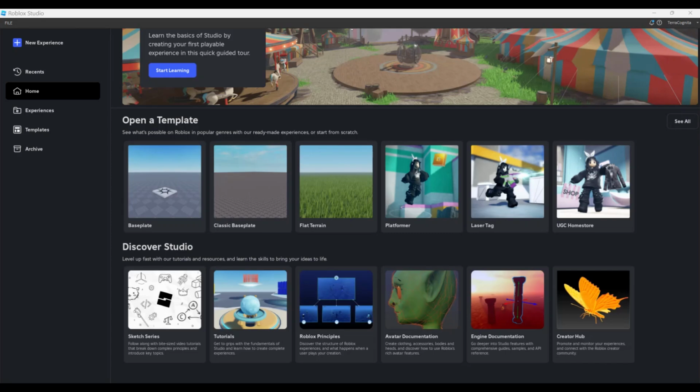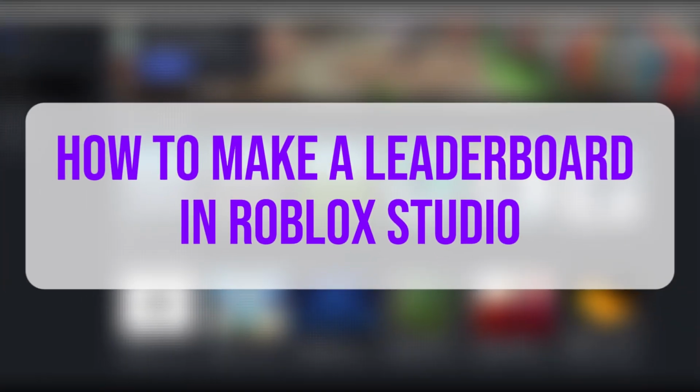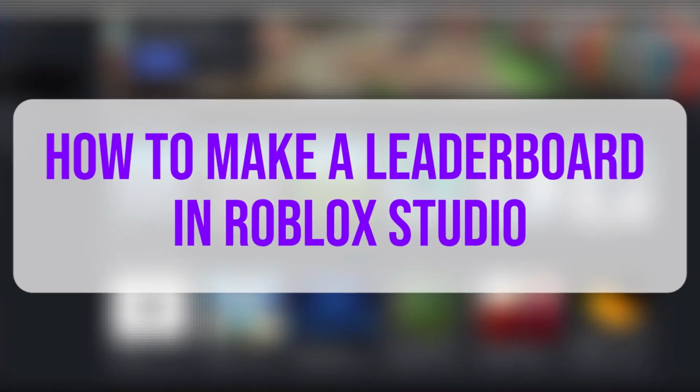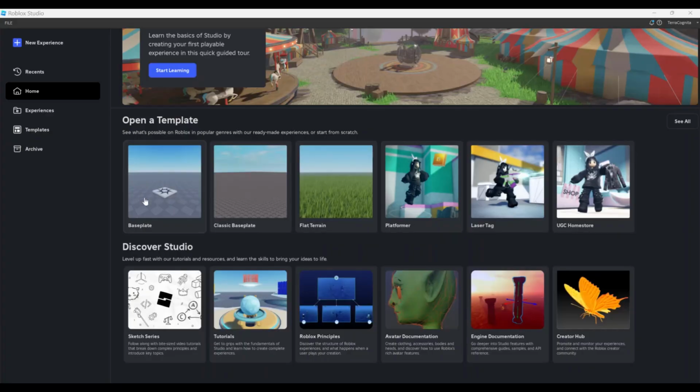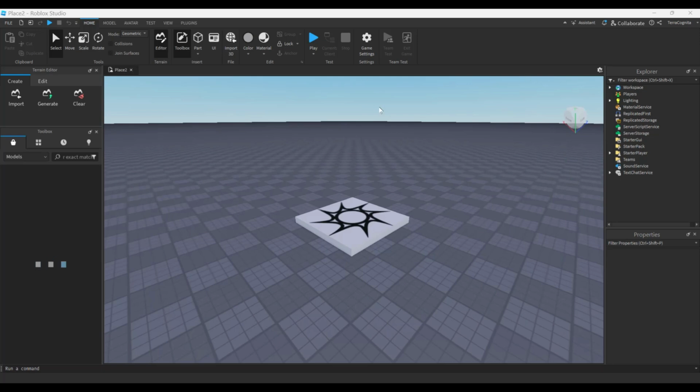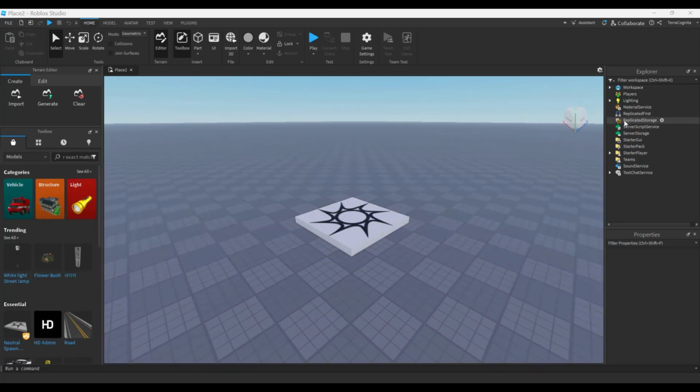Hello everyone, in this tutorial we'll be showing you how to make a leaderboard in Roblox Studio. Right away we're going to select a template. We'll use the base plate, and after selecting the base plate we're going to go over to the Explorer, and